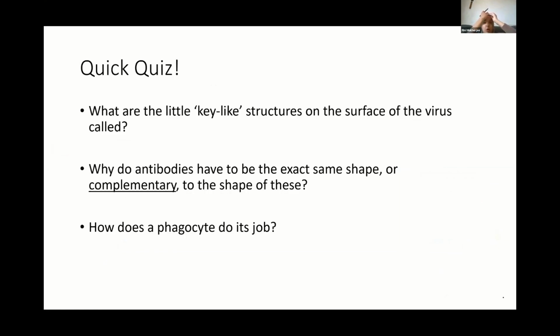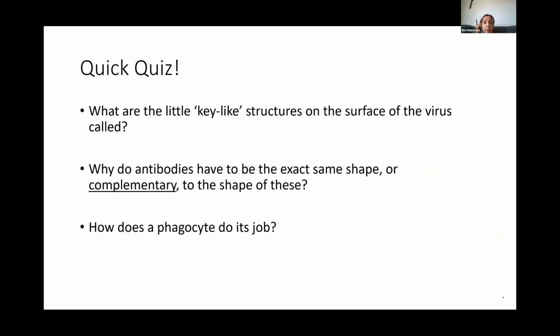Okay, now a quick quiz once more, and then we will come on to the last parts of this, which is about the vaccinations. Because basically the vaccinations heavily relate to all that we've been talking about so far. That gives you the background and the foundation to building a vaccination. So I would just like us to spend a few moments to try to answer these questions. Once again, you can either answer them on a piece of paper or you can answer them on the chat,